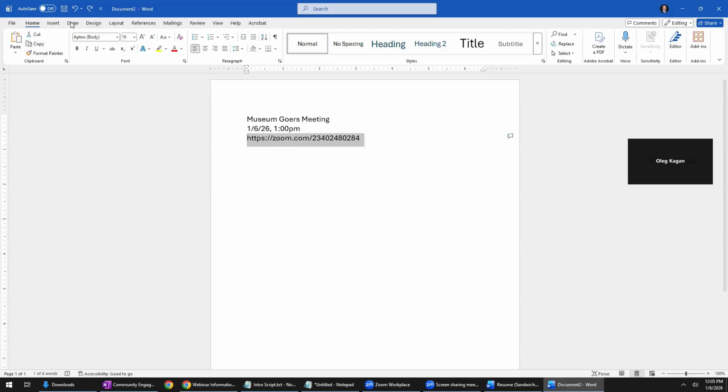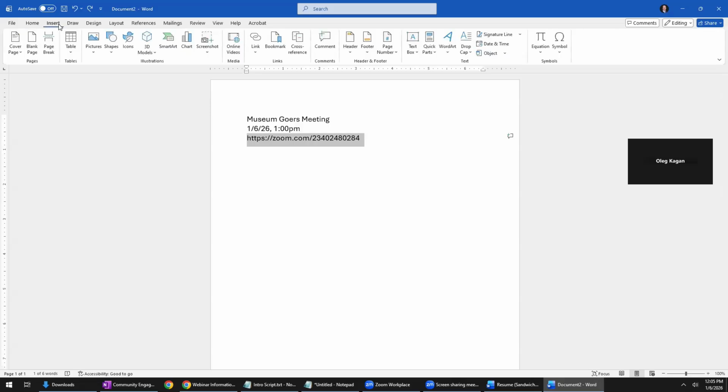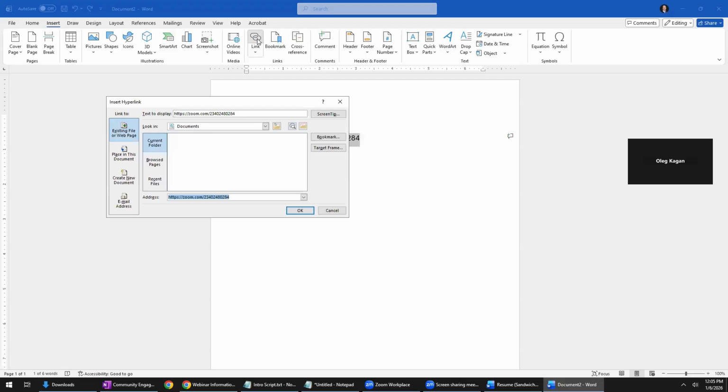And then I'm going to go to Insert. And right in the middle, it says Link. I'm going to click on that. And as you can see, because Word recognized this as the web address, it's already in here. And on top here, it's text to display. So if I wanted the text to be Zoom link,